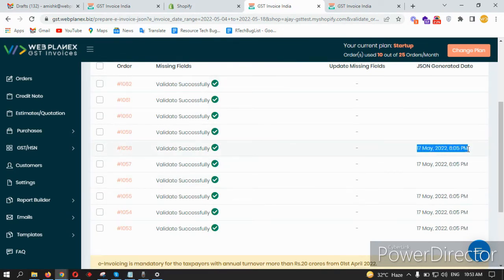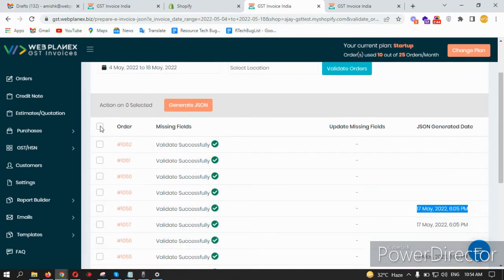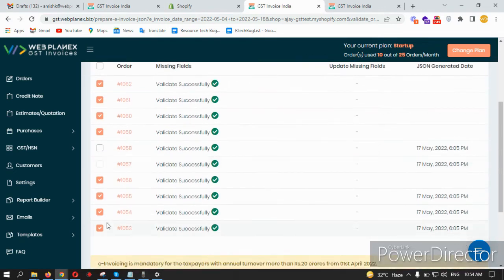Why is this there? Because previously for test purposes we have already selected these orders and generated JSON for it. So we have a date stamping over here. So you can avoid these orders for generation purpose. Otherwise, it will be duplicated on your GST portal. So you can remove these orders and click